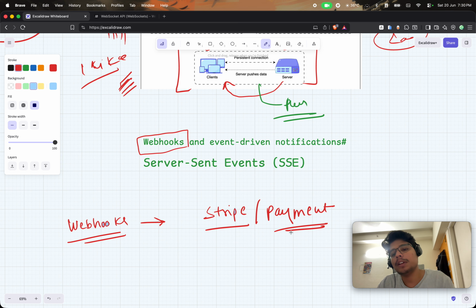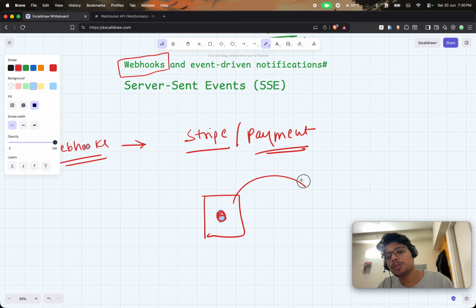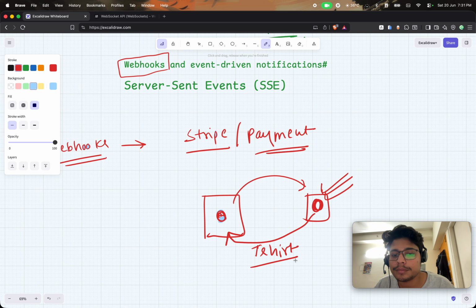You have a T-shirt store. You click on the buy button and go to the Stripe site. It's not the T-shirt store site, it's on the Stripe site. You make the payment, and after the successful payment, it redirects you again to your T-shirt site